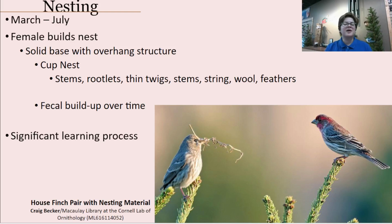but once the young are able to push themselves over to the outside of the nest and they just poop on the outside of the nest, essentially, the birds are like, yeah, that's fine. And you can have that fecal buildup over time. So that can also be an indicator of what kind of species is nesting in a certain area as well, too. Now, something that is interesting is that it has been shown that house finches have a significant learning process